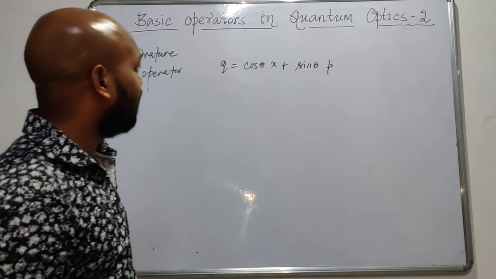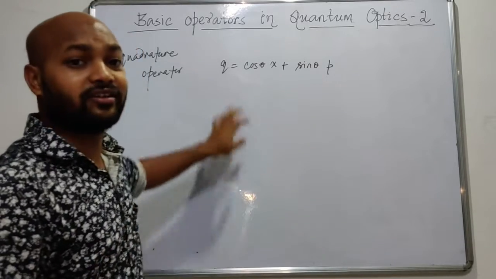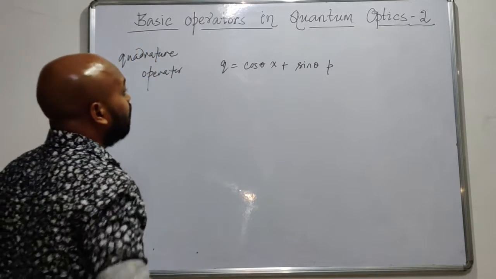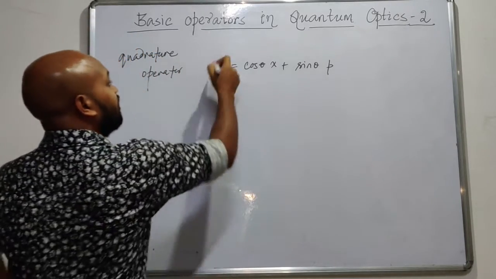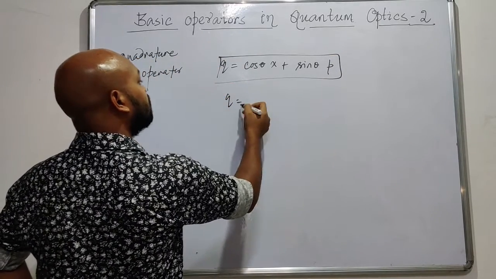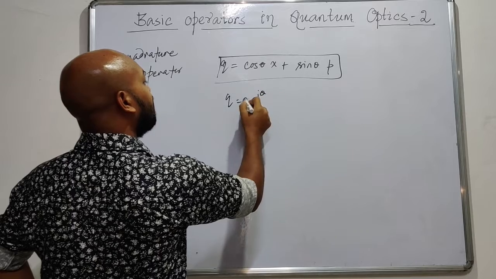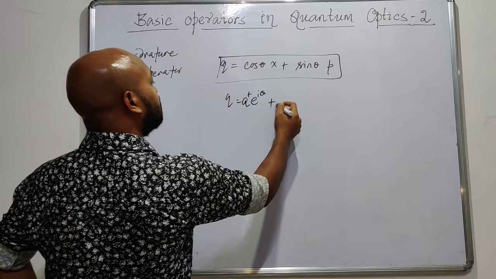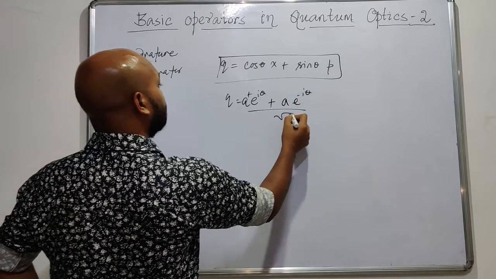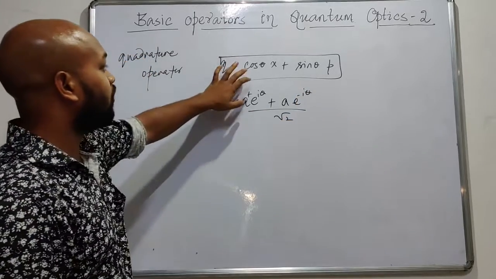You should take it for granted that all operators have indeed the hat on them. Okay. This is equivalent to (e power i theta A dagger plus A times e power minus i theta) by root 2. We could reach from here to here